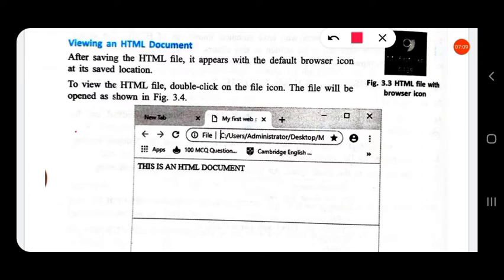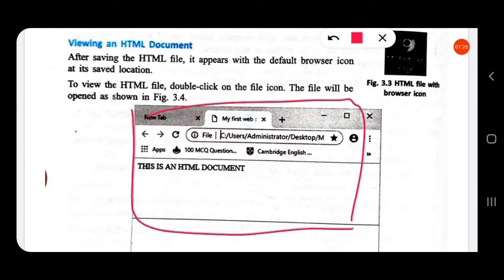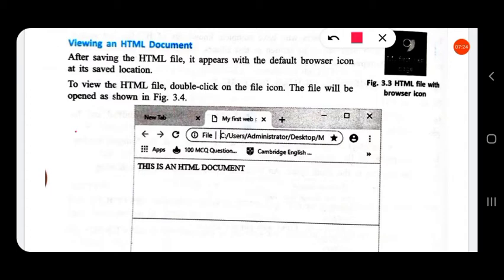Then we have to click on that file. Then the output will be obtained like a Google Chrome web page, and the data that is given inside the body tag of our HTML document will be displayed.